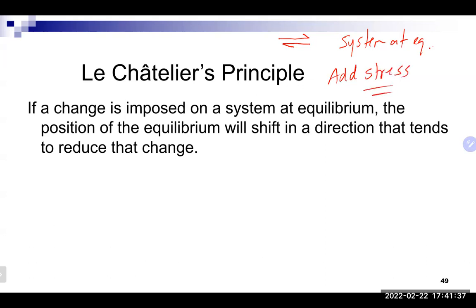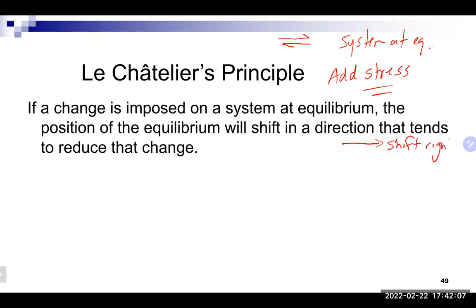Now, when we add a stress to the system, what that's going to essentially do is disrupt the equilibrium. So we're no longer going to have the rate of the forward reaction equaling the rate of the reverse reaction. Now, when it does that, it's going to want to get back to equilibrium. So in order to get back to equilibrium, it typically needs to do one of two things. I guess there's three options, sort of. One option to return to equilibrium is to shift to the right,